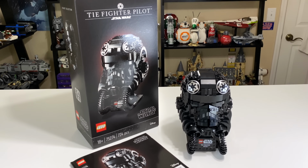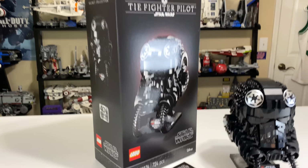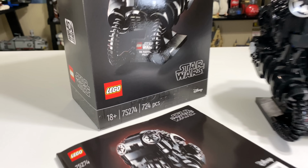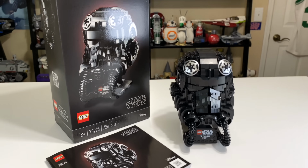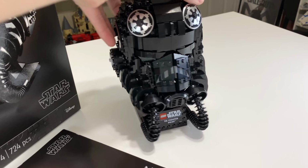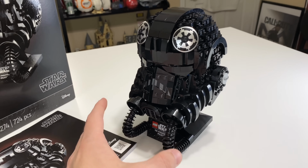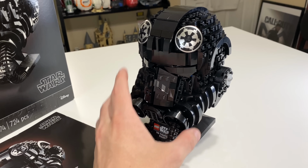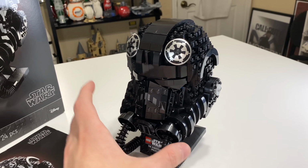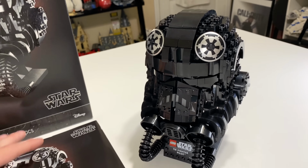I would be hard-pressed to not say that this is an excellent display set. For $60, you're getting 724 pieces, so you're under that 10-cent per piece magical number. This set just exudes sleekness, right? Like, it's just such a clean, all-black design. Now, my one issue with that is that over time, this is going to get dusty. And I think right now it looks beautiful. Right now that I just built it, got it out of the box, and it's brand new, it's a beautiful-looking